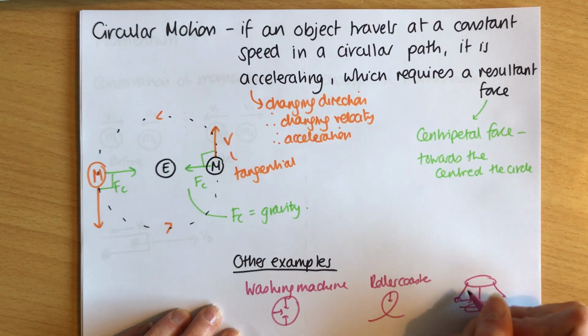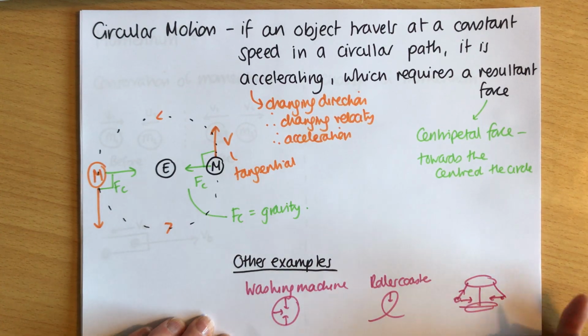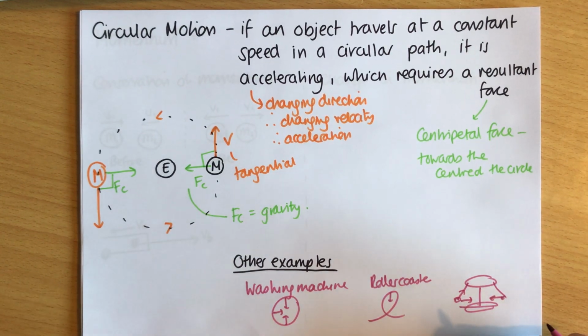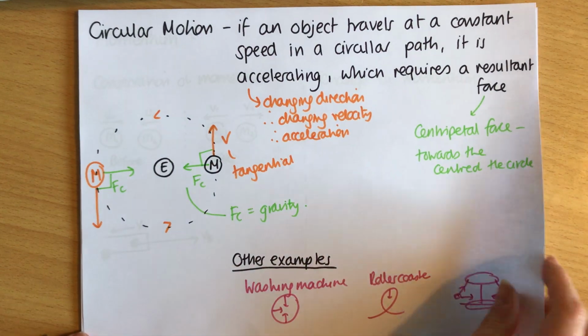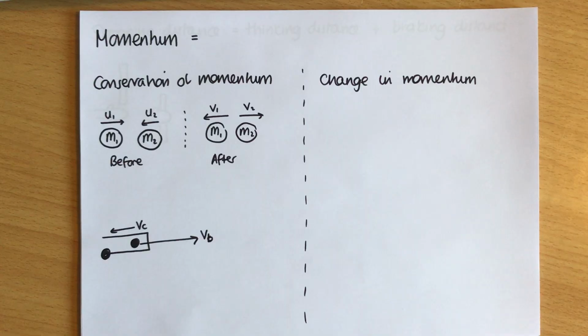This is a bit more complicated because it's a component of the tension in the chains, but there's always a force acting towards the centre. Anytime you have something going in a circle, we get circular motion. The next consequence of Newton's laws, and this is Newton's third law, is about momentum, and specifically about